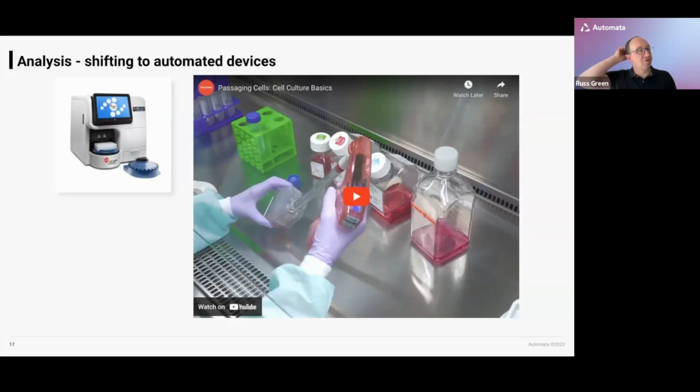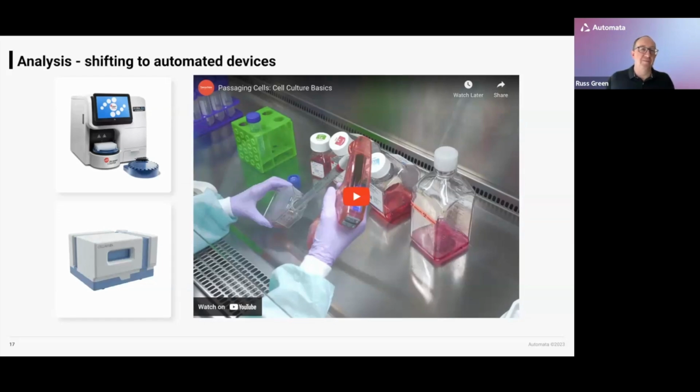I showed a manual microscope earlier on, which might be used for other measurements, such as looking at our confluency. But there are plenty of different kinds of automated imaging devices out there right now, depending on your needs. The one I'm showing here is the Synentec CellaVista. I tend to think of that as a relatively low magnification plate-based imager, where we can look at wells, look at confluency and start making decisions based on that data.